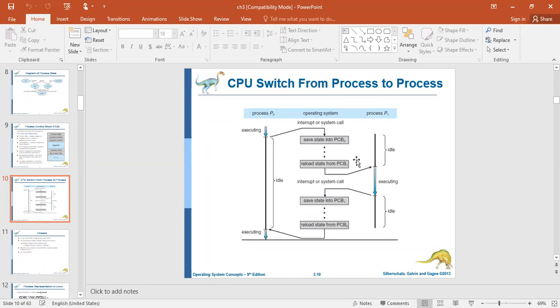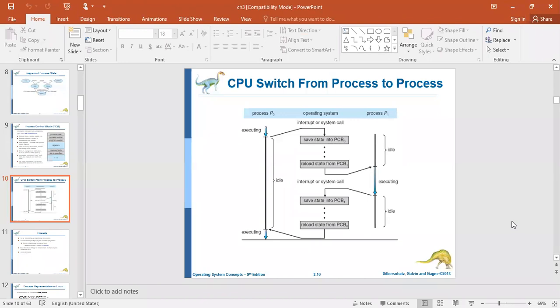Until completion of this particular part of execution, this other process is idle. Once it gets the address of the second process to be executed, it starts its execution. Meanwhile, if its IO task is completed, it immediately interrupts this process and comes back. Like that, it is shifted from one process to another.